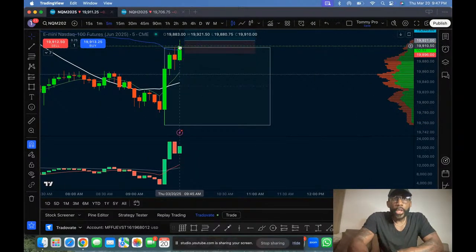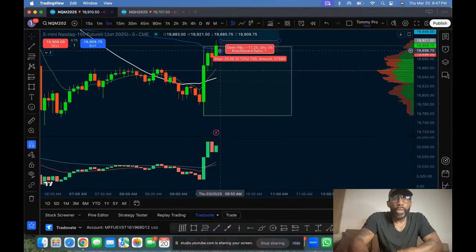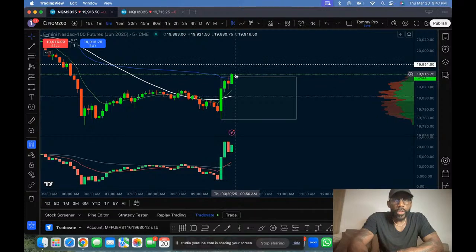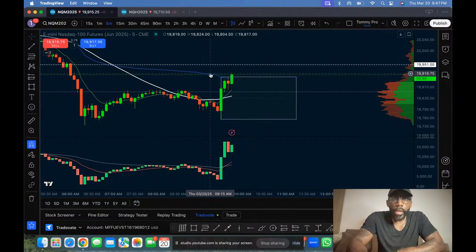I have to have a 5-minute close outside of this. I'll be honest with you, even if I do have a 5-minute close outside of this range, let me get rid of this, I still might hold off on taking a trade. We'll see. But if it closes outside of this range and it closes above VWAP and this green EMA,